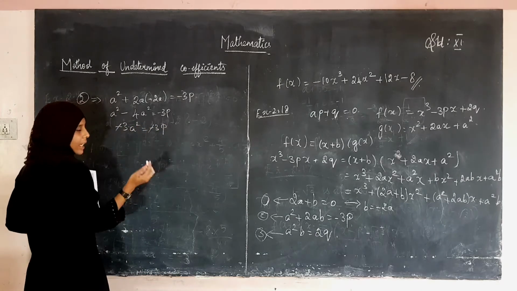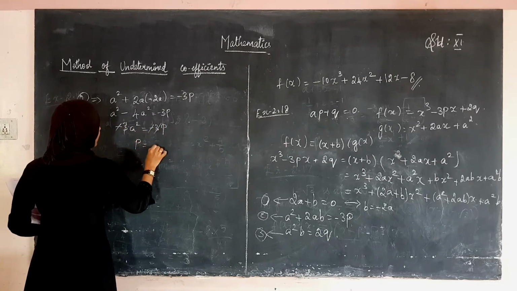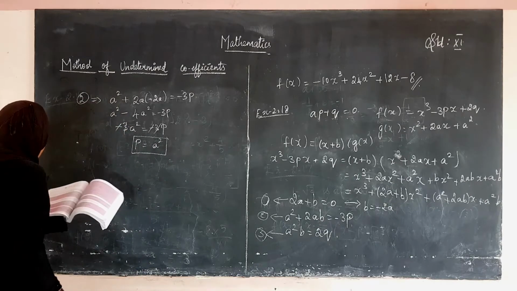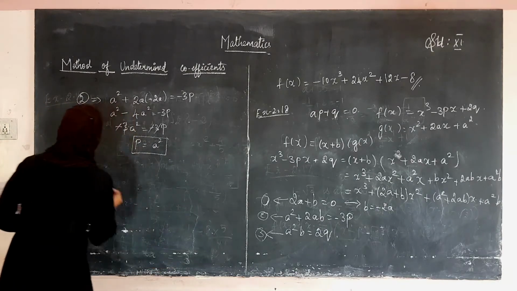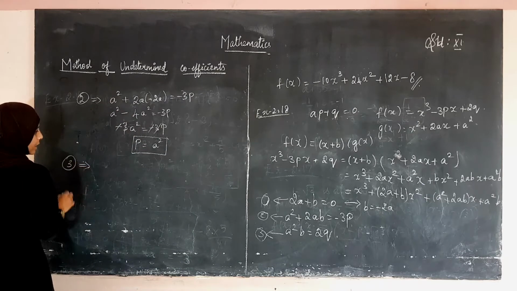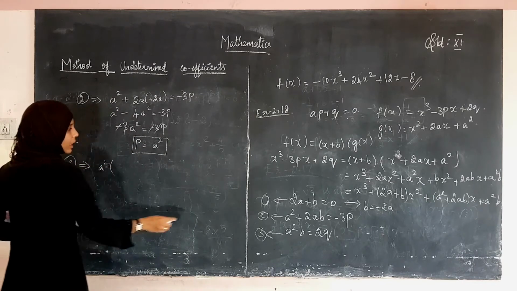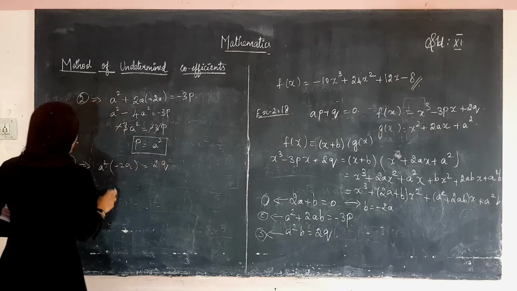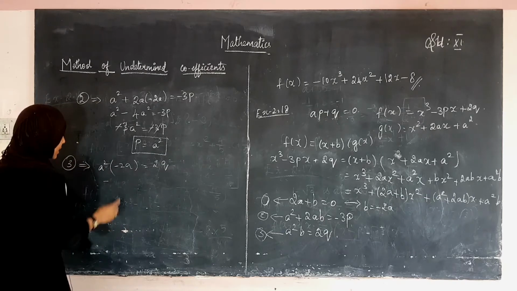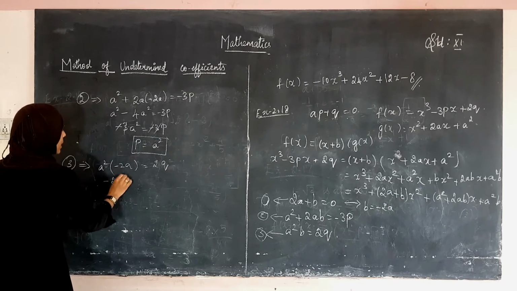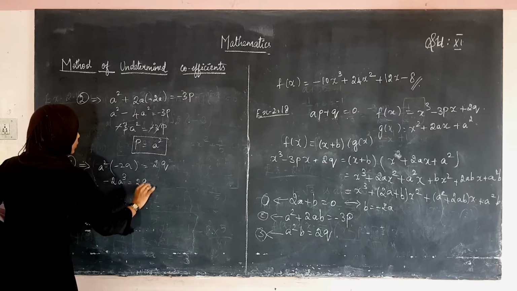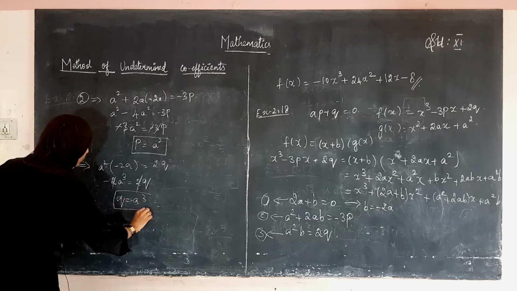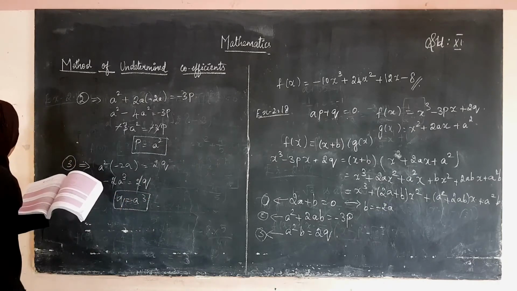See, minus and minus gets cancelled and 3 and 3 gets cancelled. Therefore, p is equal to a squared. What we got? p is equal to a squared. And again, now from third equation, let us substitute a square into, what is the value of b? b is minus 2a is equal to 2 into q. Therefore, minus into plus, minus 2 into a square into a becomes a cube is equal to 2 into q. So, 2 and 2 gets cancelled. Therefore, q is equal to minus a cube. q is equal to minus a cube.